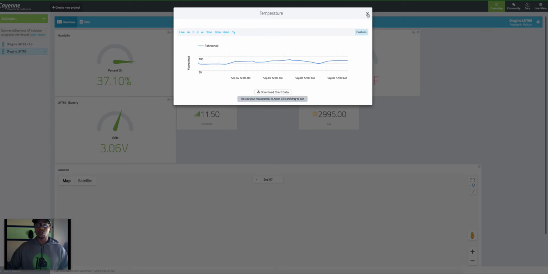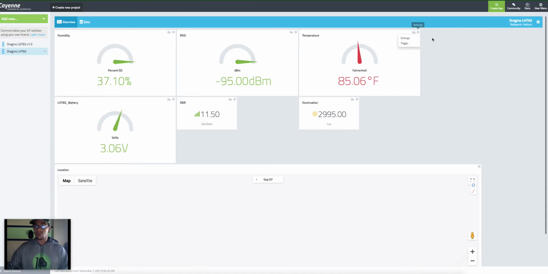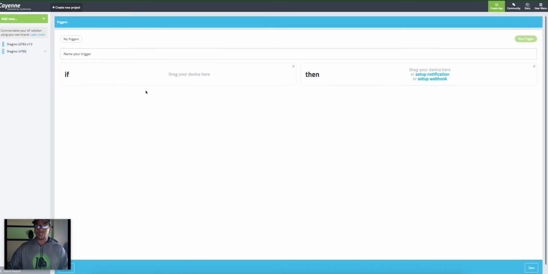You can also probably set up a trigger here. The trigger will let me know. Say I can create a temp trigger, and I can drag the device here. So if this Dragino, okay,